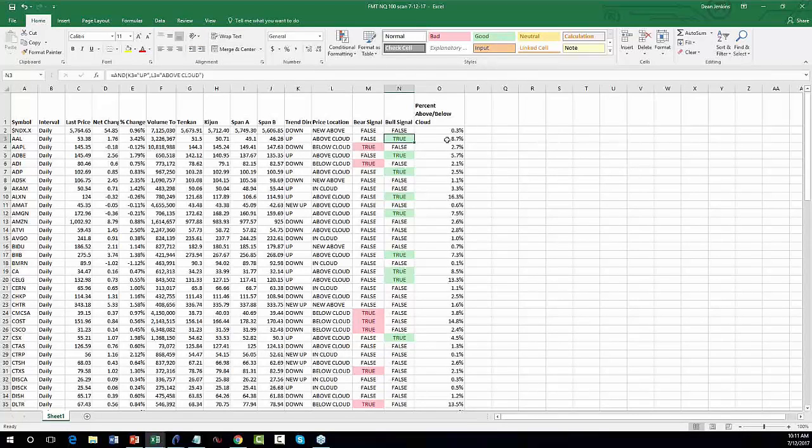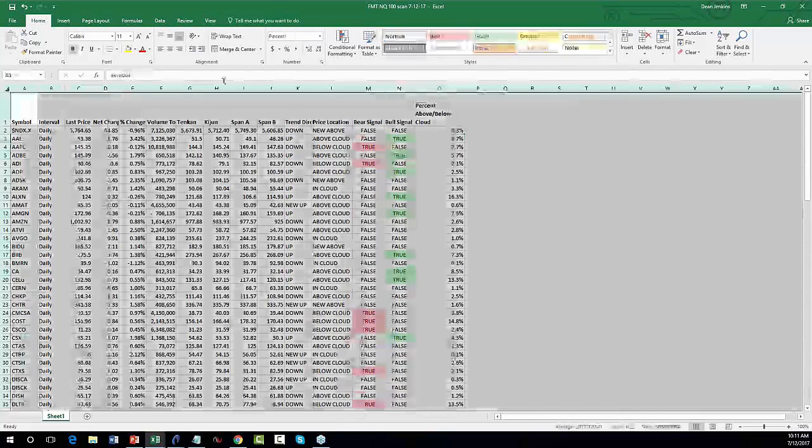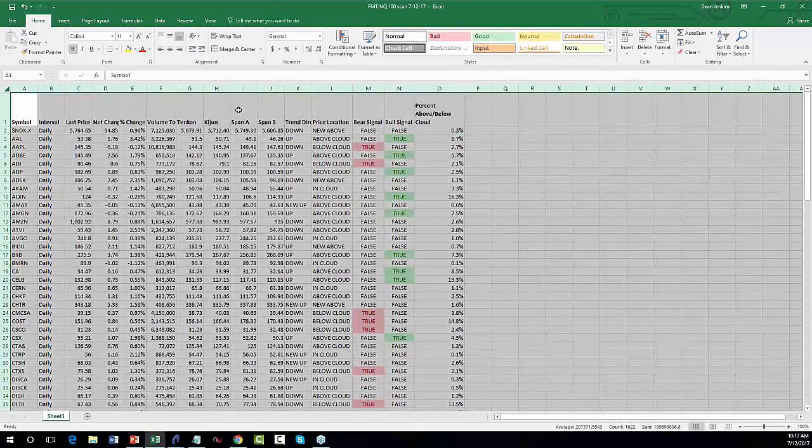And then I go, how close is price to the edge of the cloud? Because I want it close. I want new ones that just broke the cloud. Great, I got all this data. Let's just sort it. What I'm looking for is, I'm going to find bearish trades that just broke the cloud. So